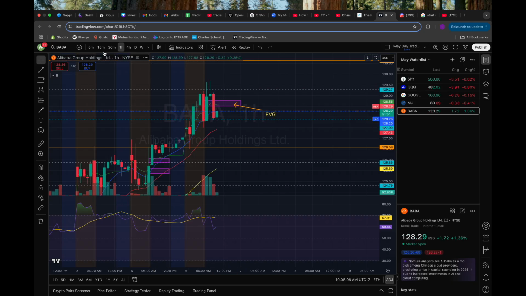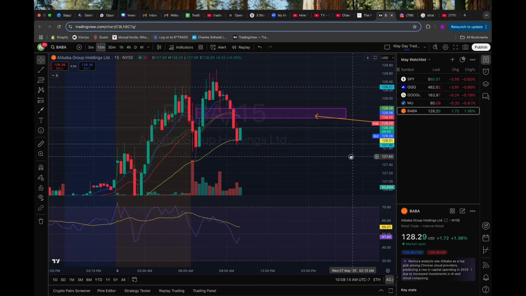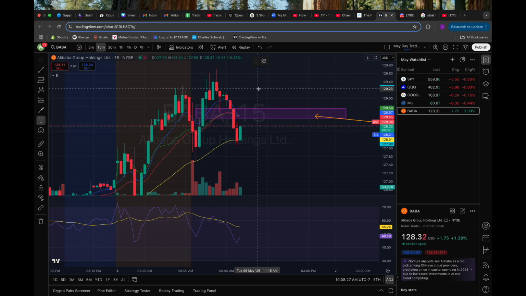Right. Now, let's go to the 15-minute. Let's say I'm scalping this one. If I was scalping this one, and let's say I entered in after this candle right here, okay? So let's say on a scalp trade, the scalp trade price target. If I entered in where I said, around here, then I would be looking